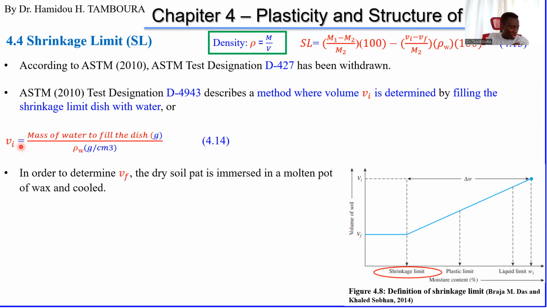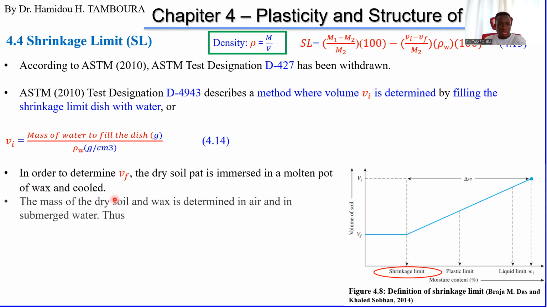That one is easy. The final volume is quite a difficult procedure. In order to obtain the final volume, the Vf, the dry soil is immersed in a melted pot of wax and cooled. After melting in wax, it is cooled down. Then the mass of the dry soil and the wax, both together, is determined in air, and after that in water,